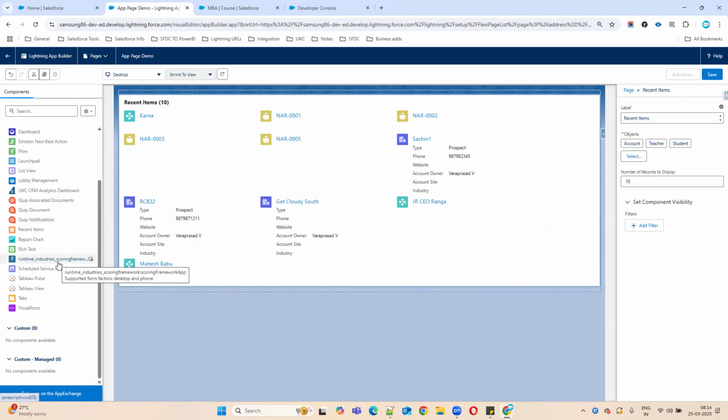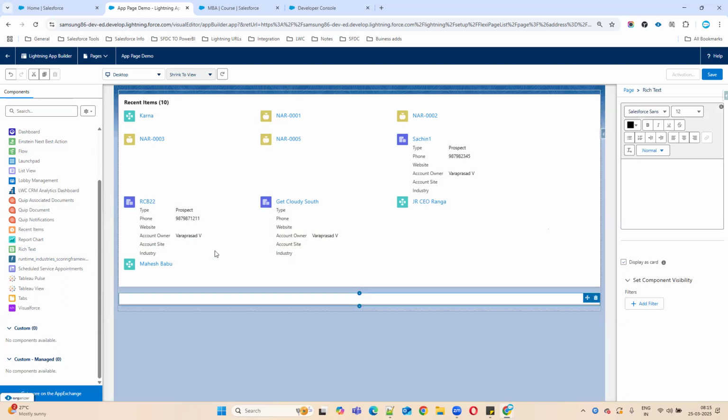If you want to add one more thing, for example, Dashboard. Currently we don't have any dashboard, you can leave that one. And you can add any other thing, like Launchpad, Rich Text. So here you can add your own text, for example, this is my own app page.